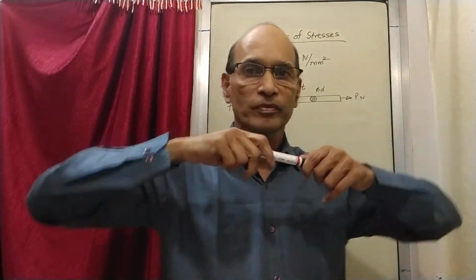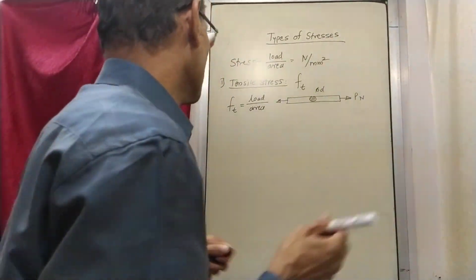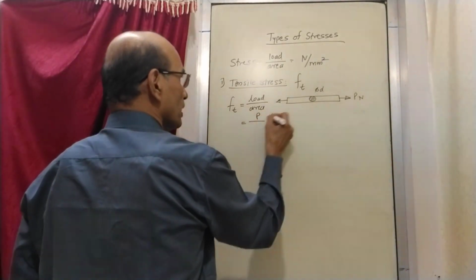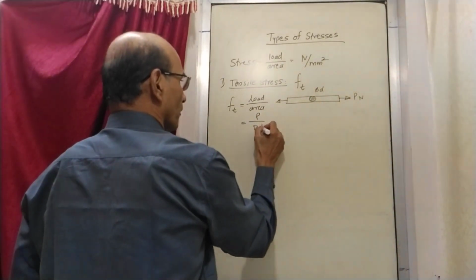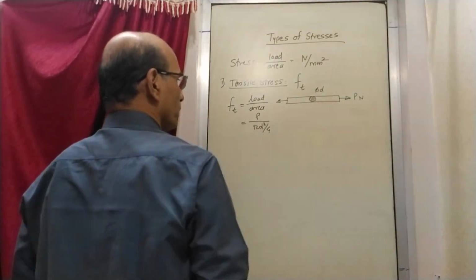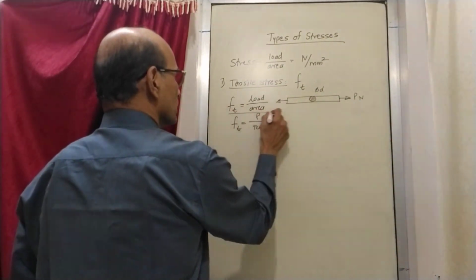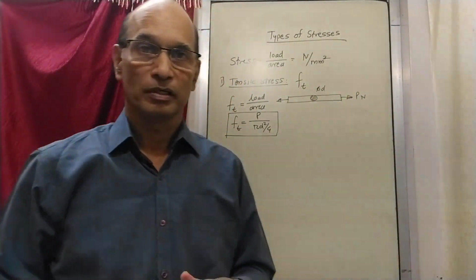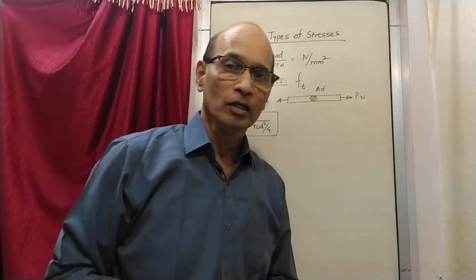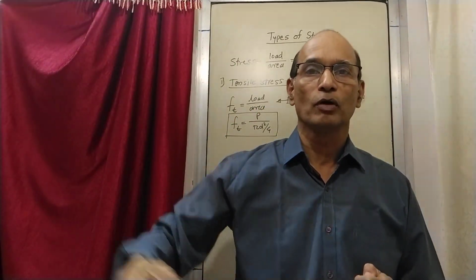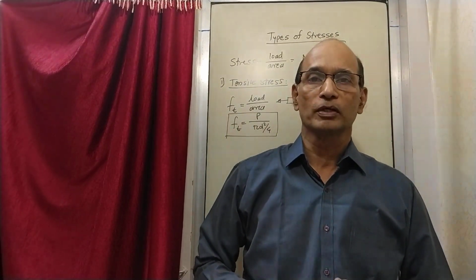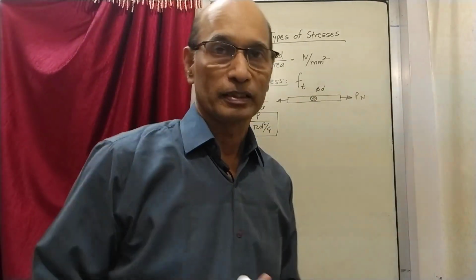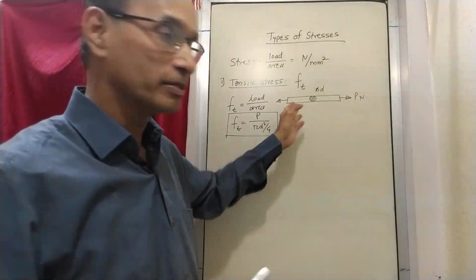Now in this situation, it is experiencing a tensile stress, and that is given by load upon area. It will be equal to load, which is P, and the area for diameter d is pi d square by 4. So P upon pi d square by 4, that is the formula for the tensile stress that is induced in this particular rod. Now what do we do with this tensile stress? We will come to know as we go further ahead. But today our objective is to learn, in fact to revise, the different types of stresses. So the tensile stress, as you may already be aware, is this.